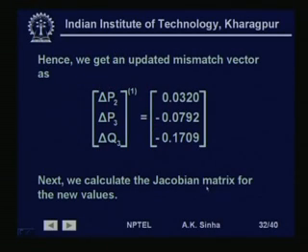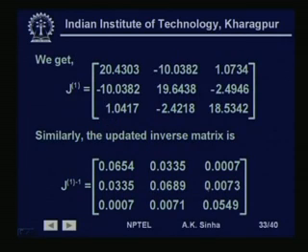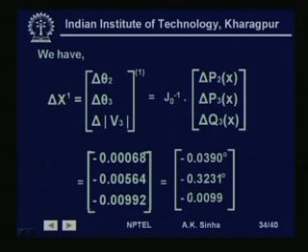Now, we calculate the Jacobian matrix with the new values of x. We see that we have a 3 by 3 Jacobian matrix given like this at the first iteration values of x. Similarly, the updated inverse can be computed like this, and once we have this we can get delta x1, the error in state variables after the first iteration. So, this comes out to be 0.00068, that is delta theta 2 after the first iteration, delta theta 3 comes out to be